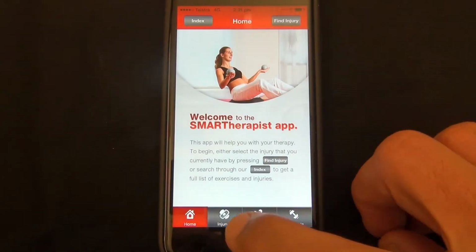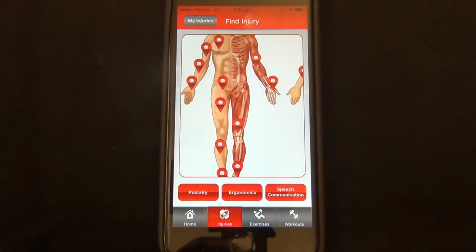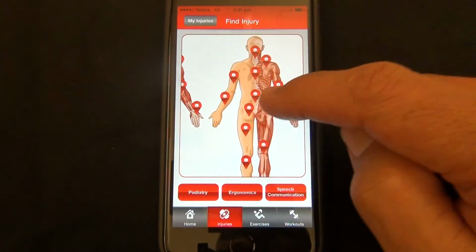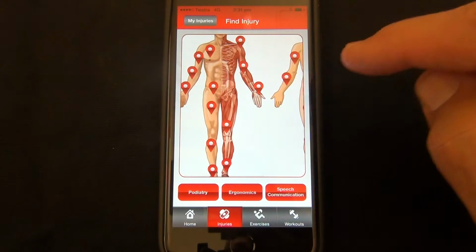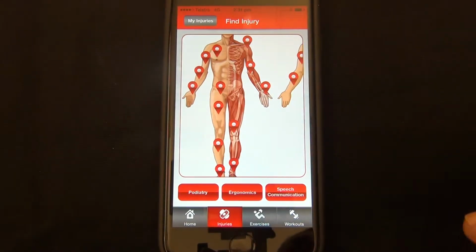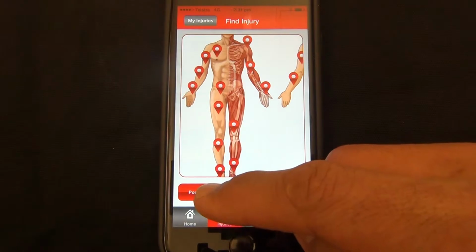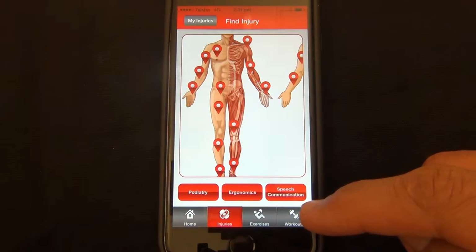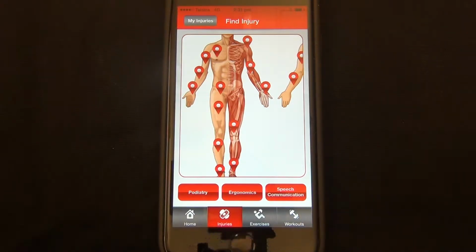If we go to the first tab, injuries, you're then presented with a body chart. You'll have the front view of the body chart. You'll also have a back view of a body chart with a number of areas highlighted. Also at the bottom of this screen you'll have a podiatry tab, an ergonomics tab and a speech and communication tab. So if you are in these areas and you would like a quick path through to the injuries that might be found in those areas, you can use those tabs for ease of